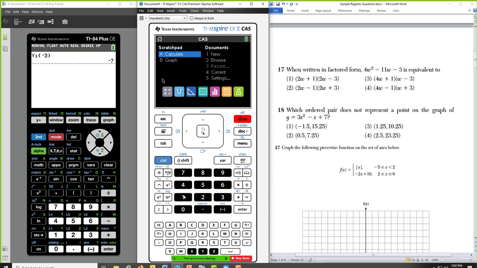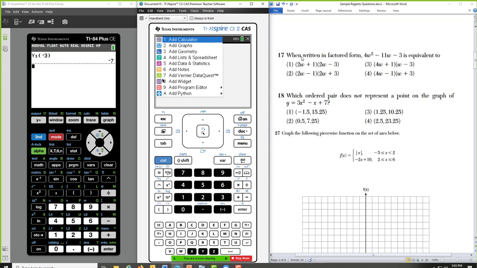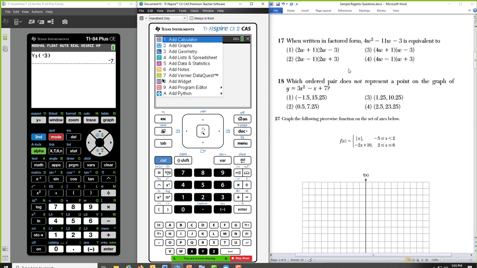Okay, so let me go back, start a brand new document. All right, number 17, written in factored form. This is on the same exam where question 1 was a factor. Again, they even kept with W. You can set the original problem equal to your 4 answers, and you'll get a 1 for yes, 0 for no, or a true false on the Nspire. So I'm not going to go over it. I believe we're all math educators here. We all can go back and see how we did it the first time. But I just wanted to share very low-hanging fruit here.